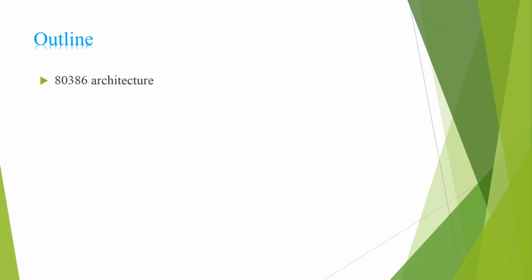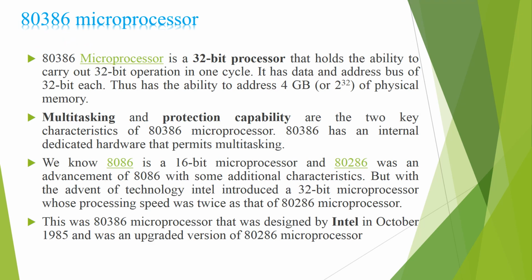We are going to discuss 80386 microprocessor architecture. The 80386 microprocessor is a 32-bit processor that holds the ability to carry out 32-bit operations in one clock cycle. It has data and address buses both 32-bit. It has the ability to access 4 GB of physical memory. It supports multitasking and protection capability. These are the two key features of the 80386 microprocessor. It has internal dedicated hardware and it permits the